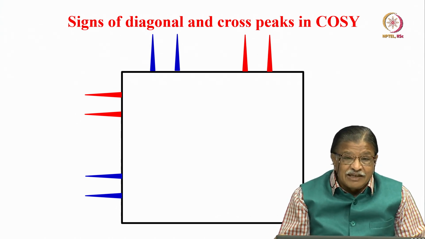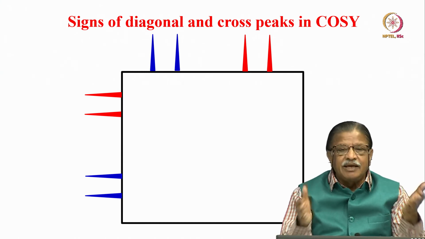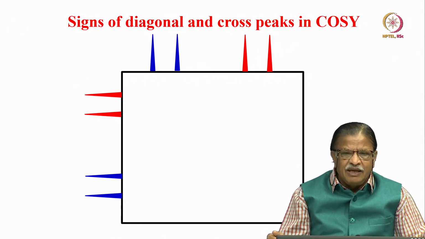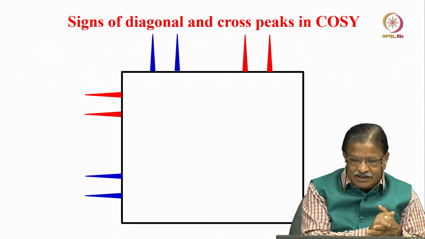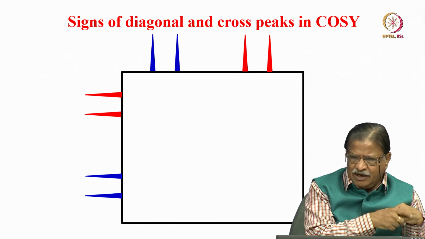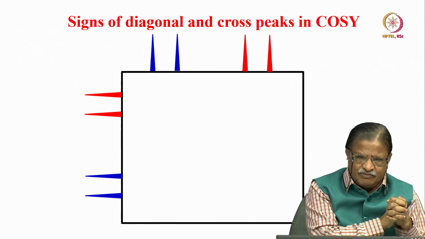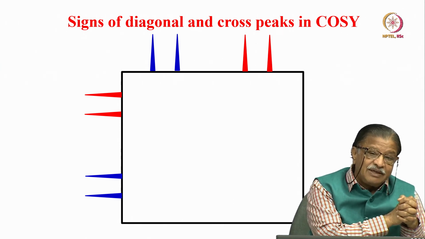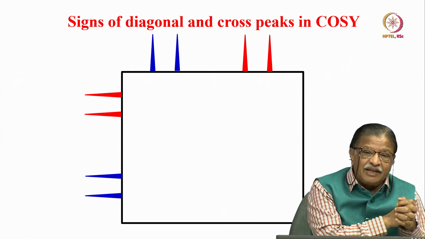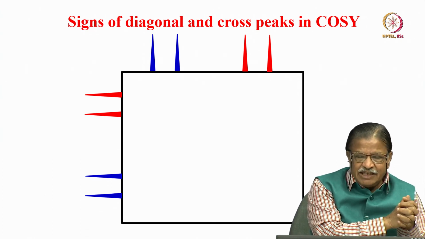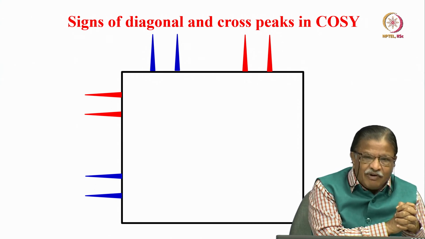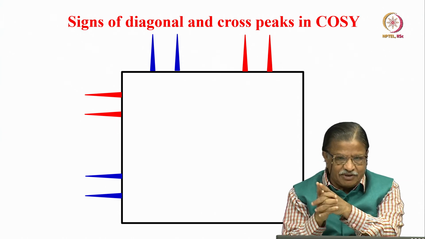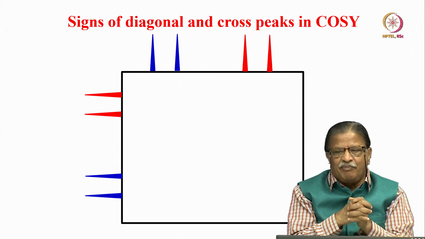And then we took the example of two uncoupled spins. It behaves the same. That is what we said. Two uncoupled spins also behave the same. There is no transfer of magnetization between the two spins, A and X, whatever it is. Both of them give rise to a single peak exactly on the diagonal. That means each of these uncoupled spins continues to evolve at the same frequency both in the F1 dimension and in the F2 dimension. Then we went to the example of two coupled spins.